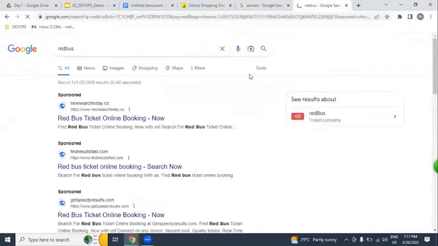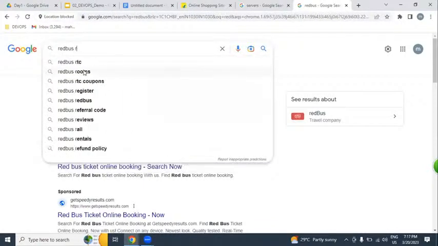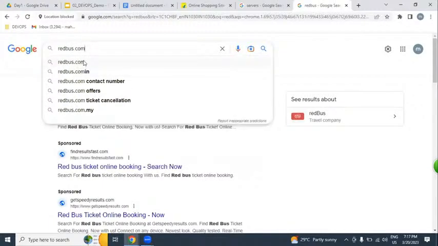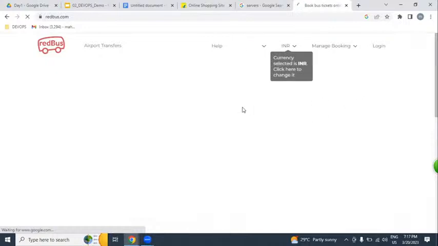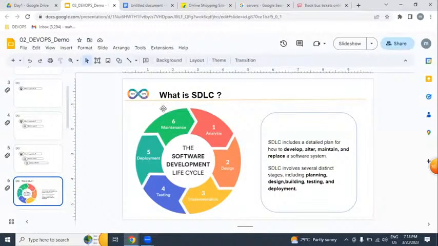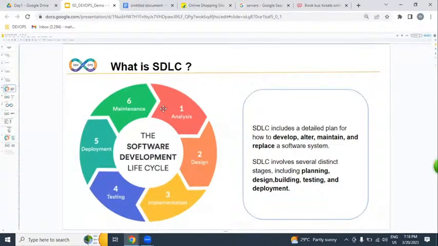If you want a Flipkart kind of application or a Redbus kind of application, can I get it built overnight in a single day? Not possible. We have to follow so many stages like analysis, design, implementation. It will take a lot of steps, a lot of stages. Even we can't complete our apartment or a building in one single day. We have to follow so many stages.